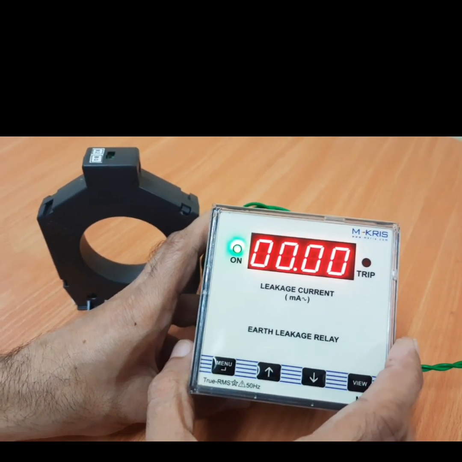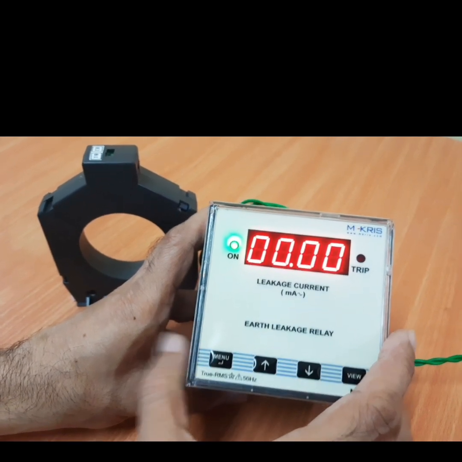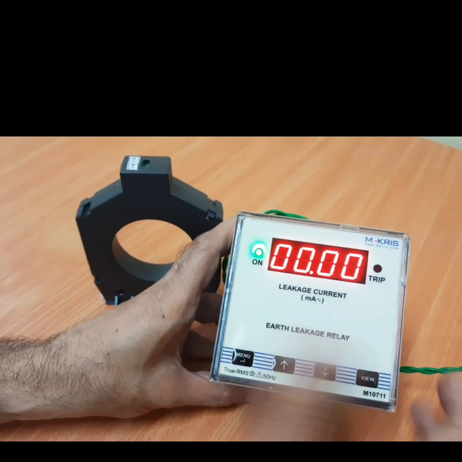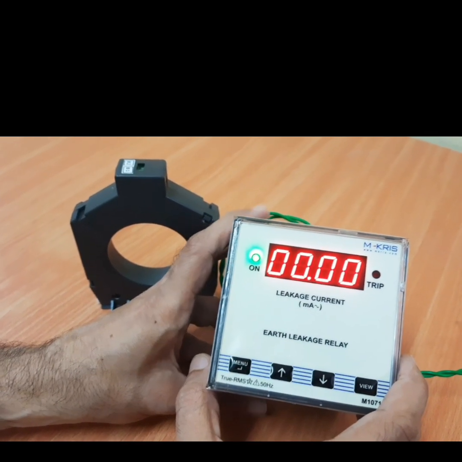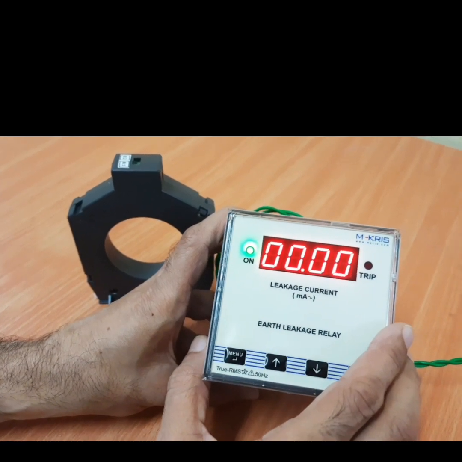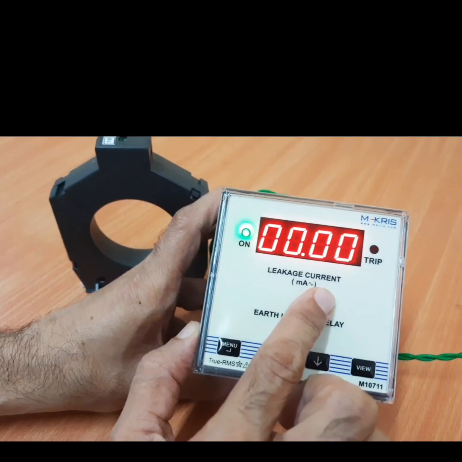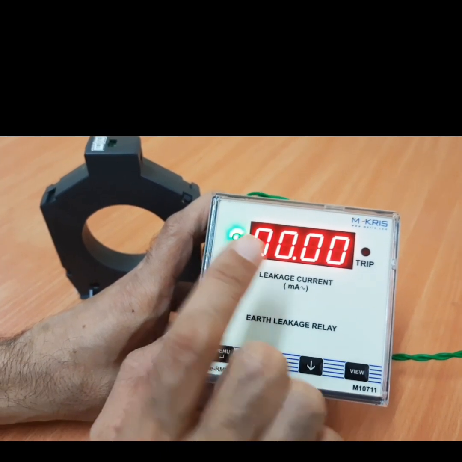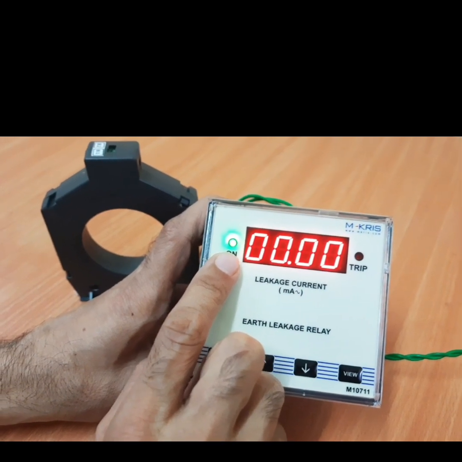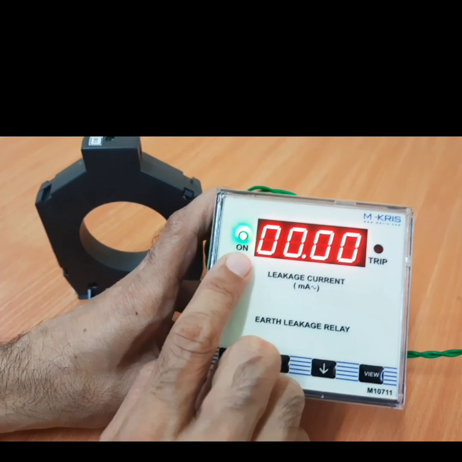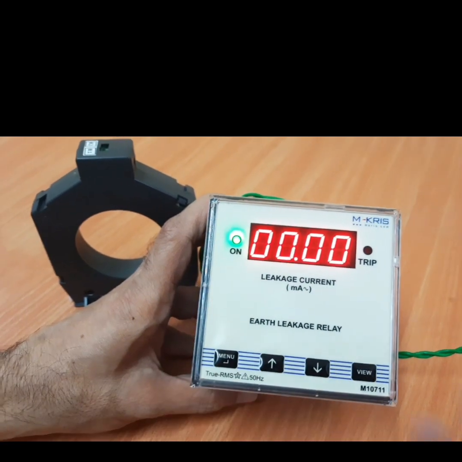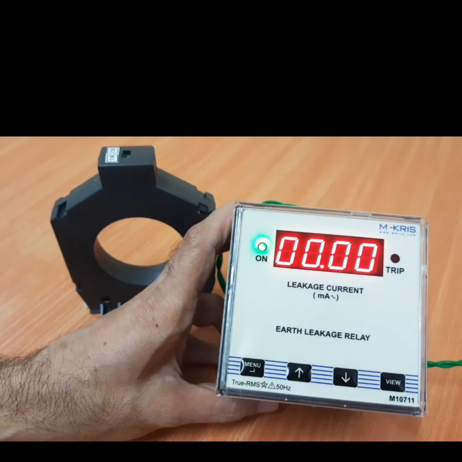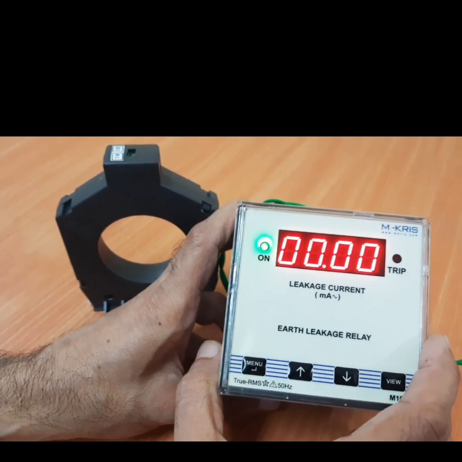And lastly, let's say the relay trips on an actual fault. In that case, it can be reset by pressing the view button or by switching the auxiliary supply off and on. Another unique feature we have given is, when the alarm setting is exceeded, this green light will start blinking, in addition to one relay turning on. This blink means that the earth leakage current has crossed the threshold value and is now approaching the earth leakage current set value. So the customer can try to take preventive action in this case.